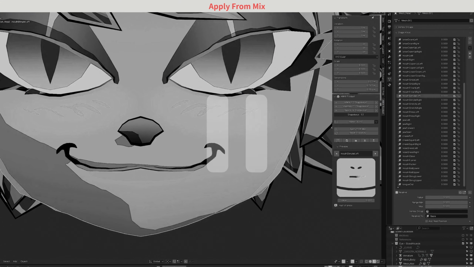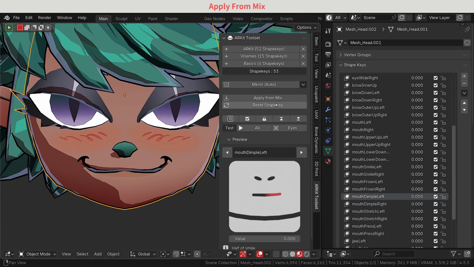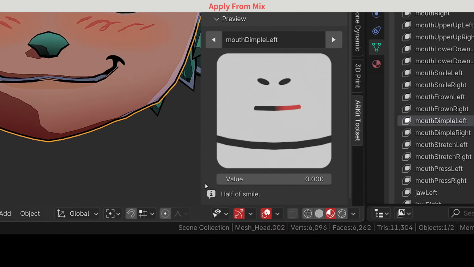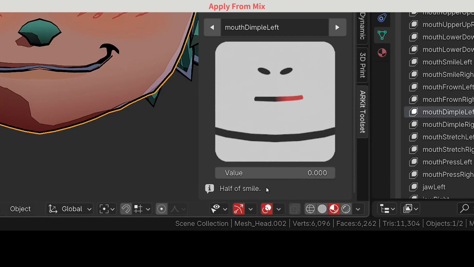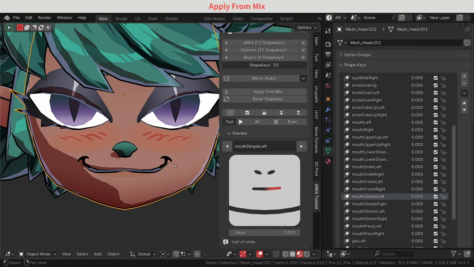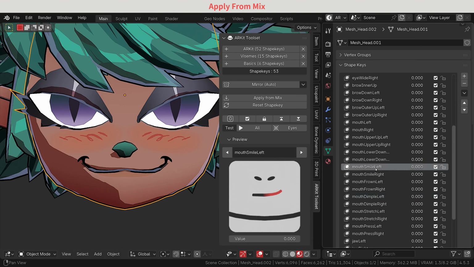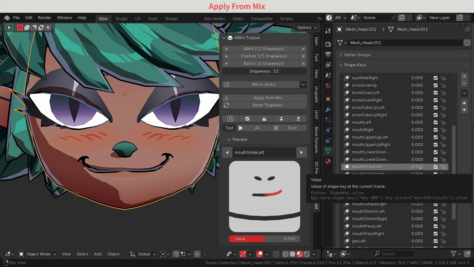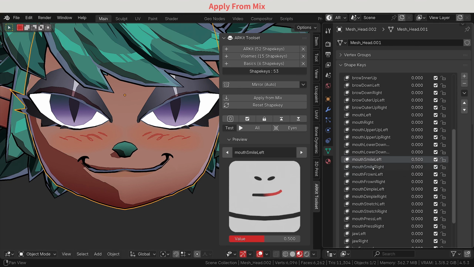Okay, quick pause. It's perfect timing for looking at the apply from mix. Here you can see you've got a little information box. The dimple is like half a smile. So instead of redoing the same thing, we can just select the smile. So the left one, put it at 0.5 value, go back to the dimple and just press apply from mix.